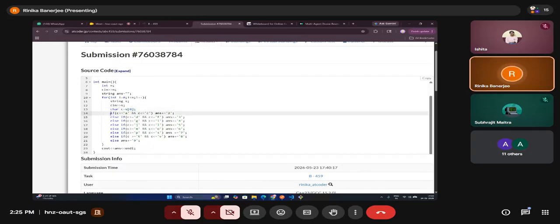If the first character is greater than or equal to A and less than or equal to C, meaning either A, B, or C, then we append 2 to our answer. I hope you can see that 2 is added as a character and not as a digit. We are not doing plus 2. If the previous character is 4, we are not going to make it 6. We'll just do 42. So we are adding 2 as a character.